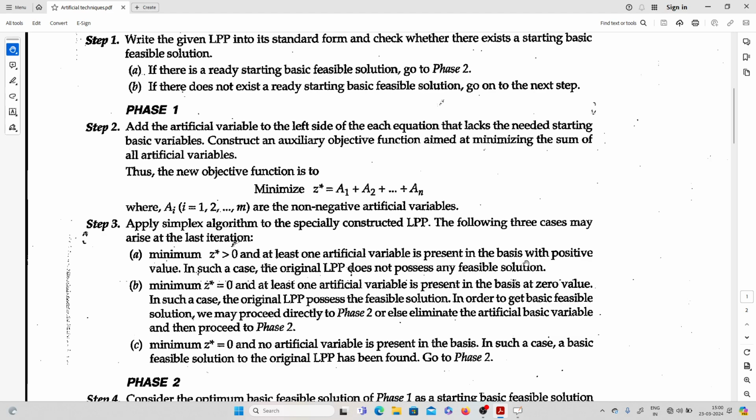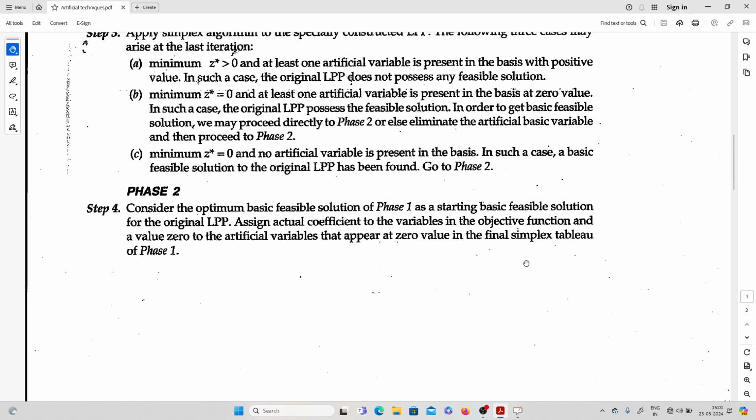Next is minimum z star equal to 0 and no artificial variable is present in the basis. In such a case, the basic feasible solution to the original LPP has been found. The reason why we are doing all this in phase 1 is to find the basic feasible solution. Now that you have found the basic feasible solution,